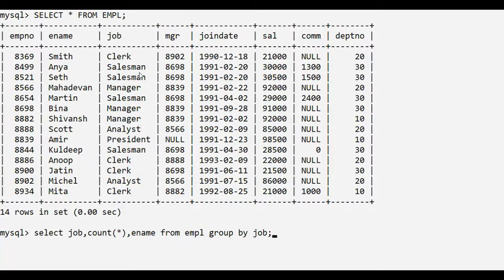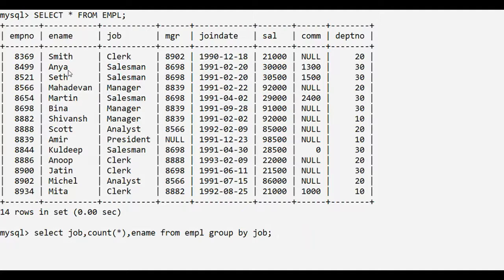Let's pick up all the records for the job salesman. On this group of records for the job salesman, the count function will find the total number of records, which will give the total number of employees, that is 4. We want to display the job, the total number of employees, and the name of the employee for each group.